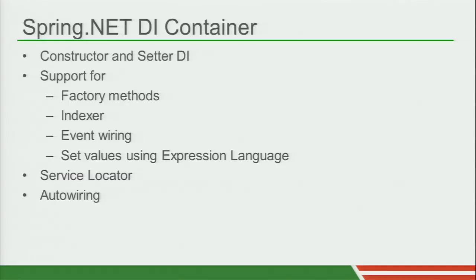In the service locator scenario, we offer the ability to ask the container explicitly for the service back. A lot of what is done in the .NET space does not involve you ever asking the container for things. A lot of what we've done in the Spring framework for .NET is wire the Spring framework into the life cycle of a lot of the different platforms that exist in the .NET space. So in the case of